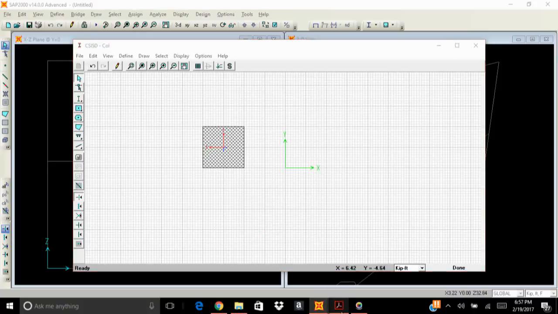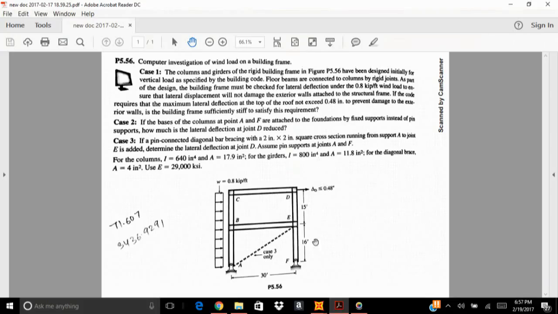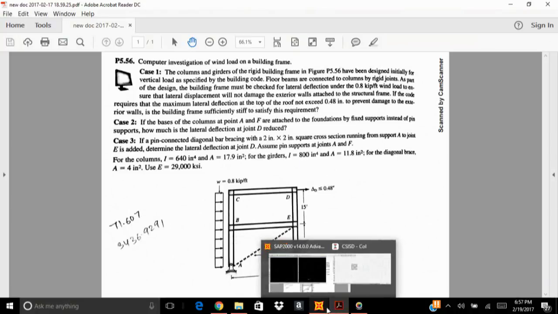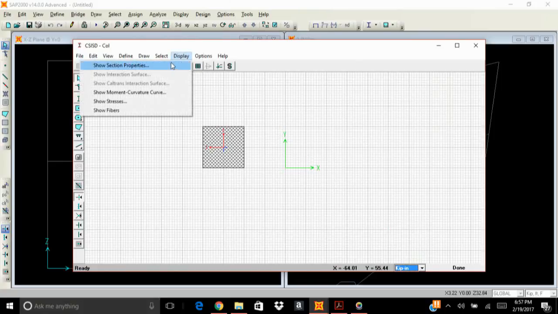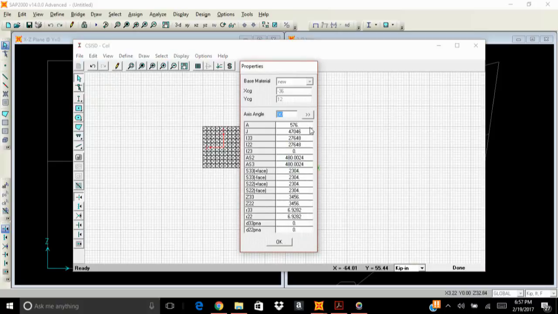Now the other thing is, in our problem the units are given in inch to the power 4, in inch, right? So I will make it in inch. It is in kip-feet, I am going to make it in kip-inch. Then I'm going to display, show section properties. Okay, so in here it says that the base material is new, we don't need any other values for the analysis part. So look at this thing, note this area that is made by the software as its default value. So the area is 576,